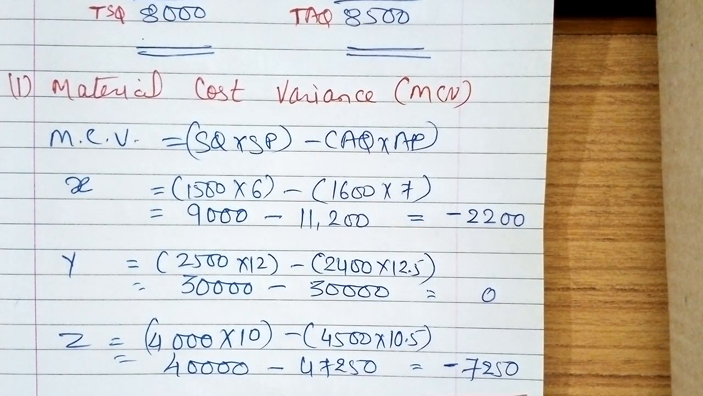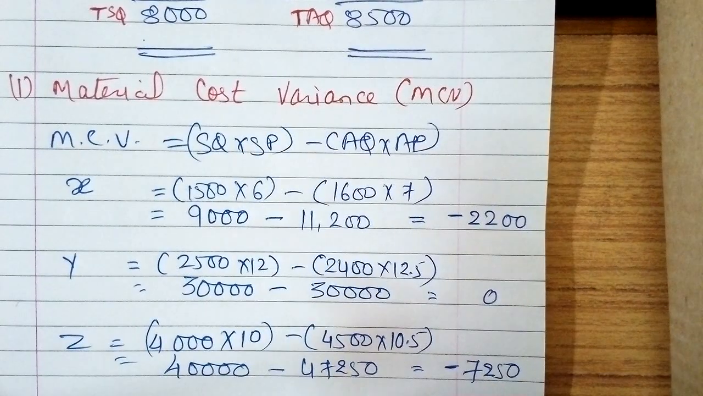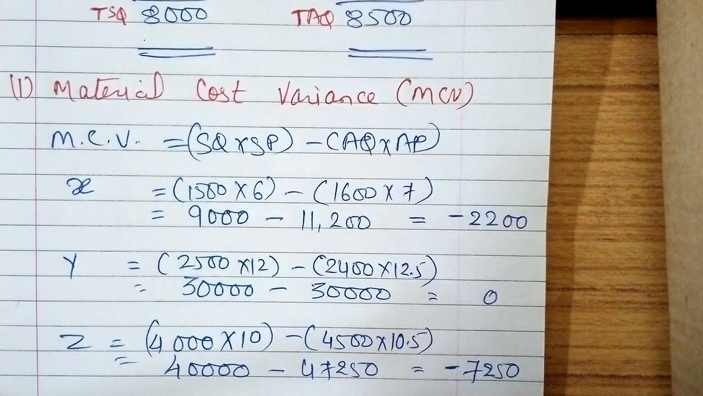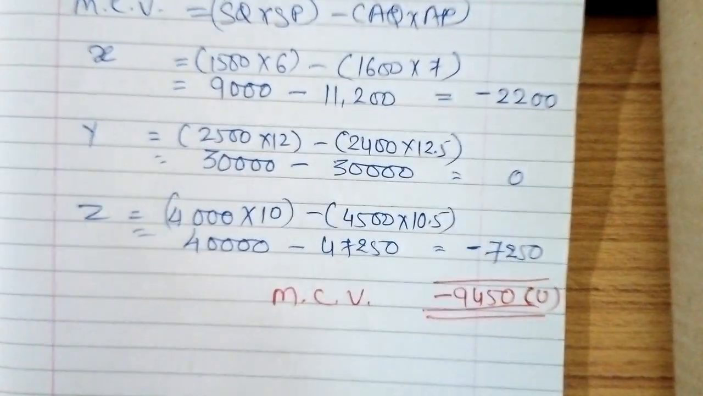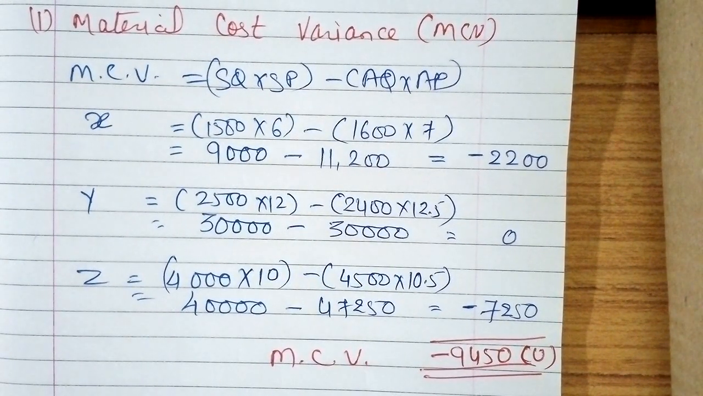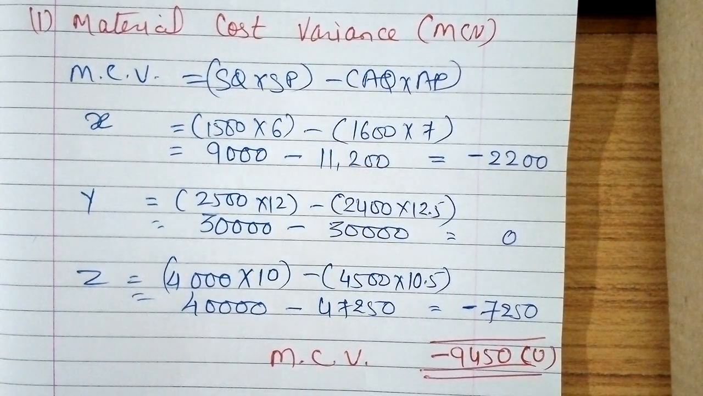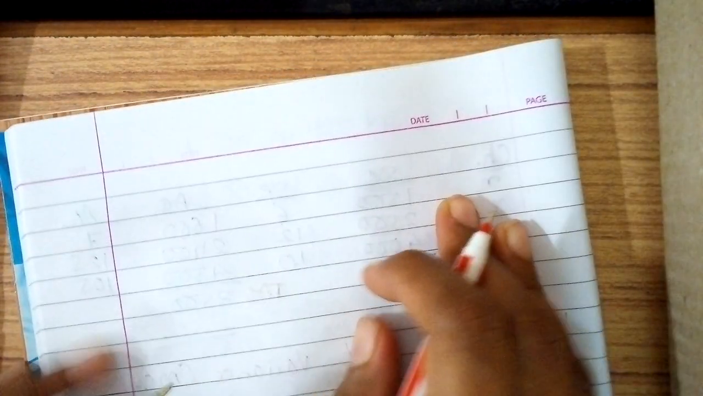So the answer will be negative 9450, unfavorable. So this is the answer of material cost variance. Okay, so this is the whole calculation of material cost variance. 9450 is your answer. Now moving towards the second, material